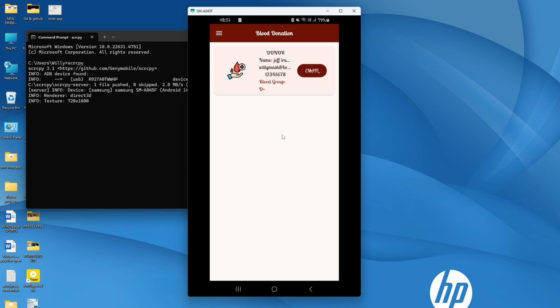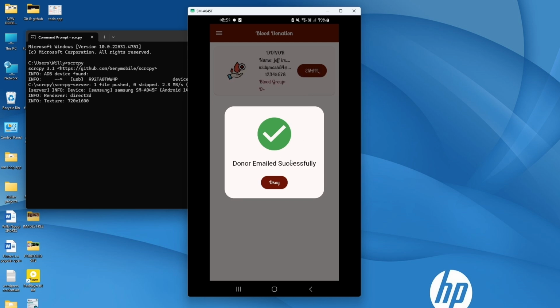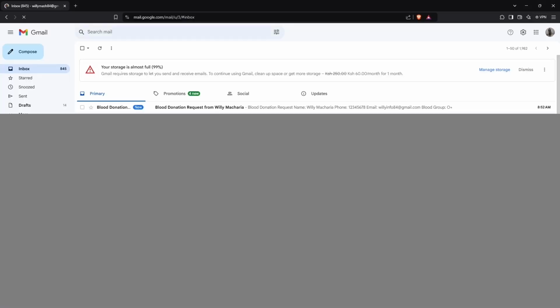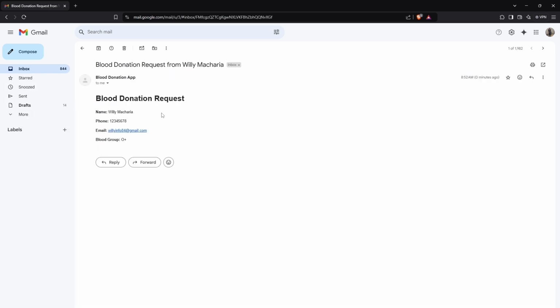So you're not going to open Gmail app. We are just going to click on this button and we are going to automatically send an email right from this application. All right, and I can do that by tapping on this email button. So with that, the email has been sent successfully. If I open Gmail, as you can see here, I have received an email that I have just sent from the application. As you can see, it's a blood donation request with the details of the person that have sent